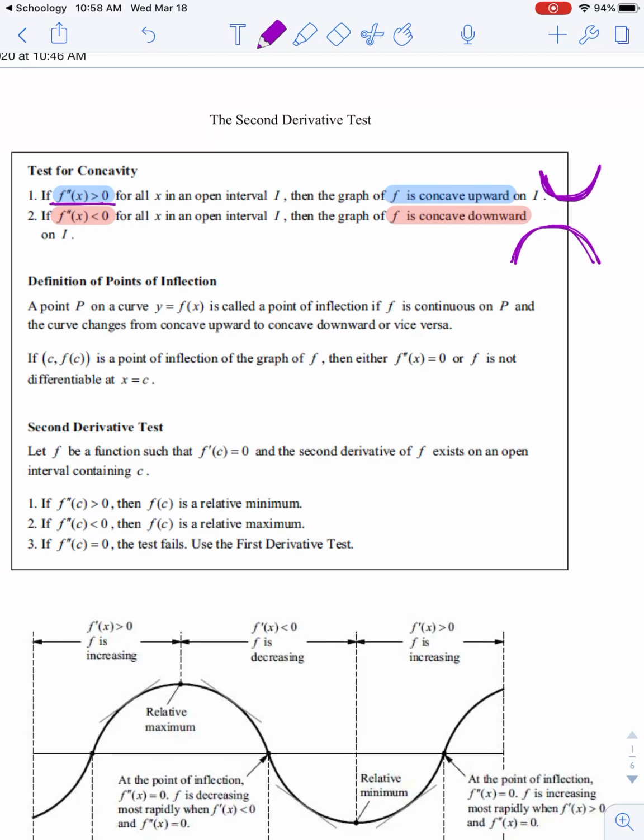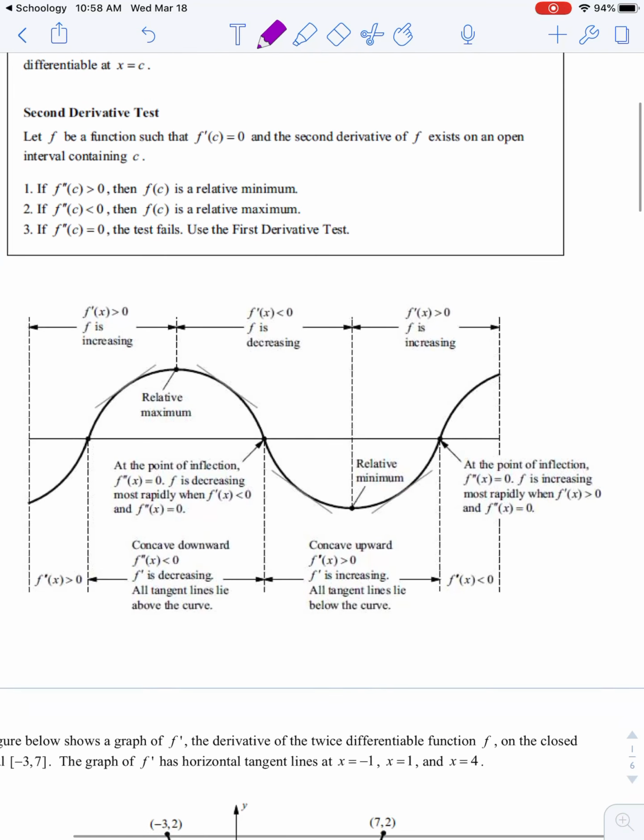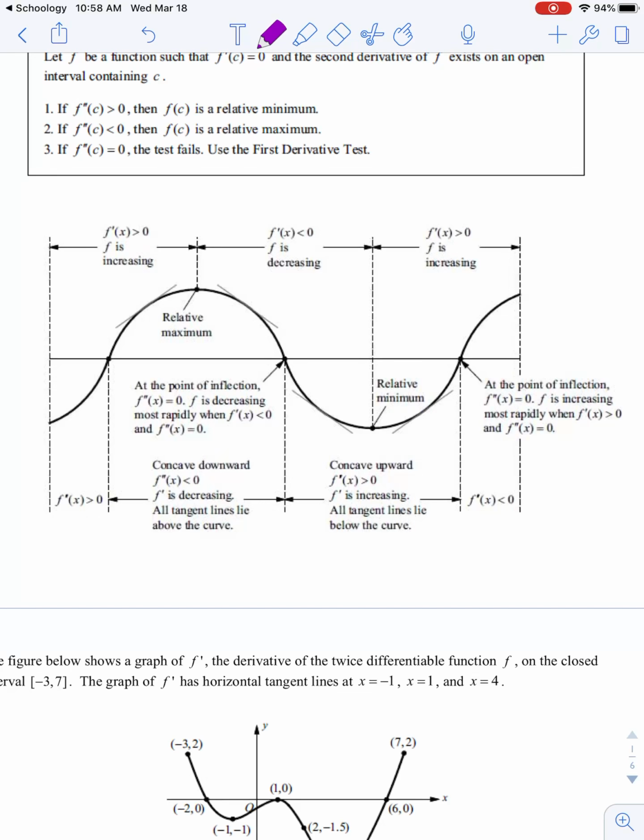So critical point is when the first derivative equals 0 or is undefined. A possible point of inflection is when the second derivative equals 0. And why I say possible is the second derivative must change signs in order for it to be a point of inflection. So if I come down here and look at this graph,